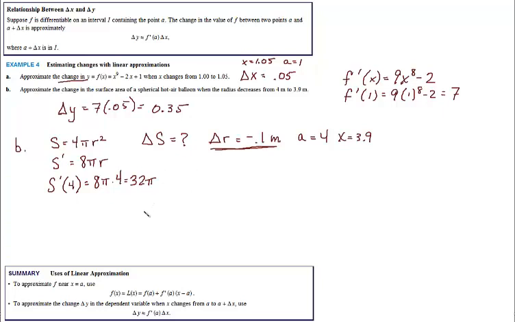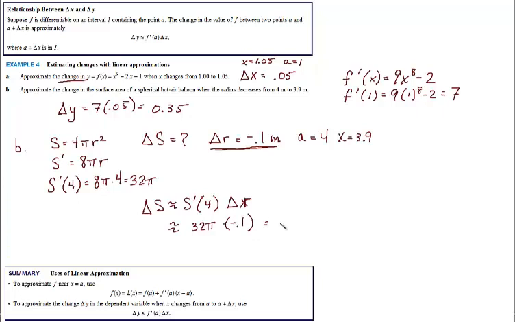Let's get our delta S. Delta S equals S prime at 4 times delta R. This is going to be 32 pi times delta R, negative 0.1